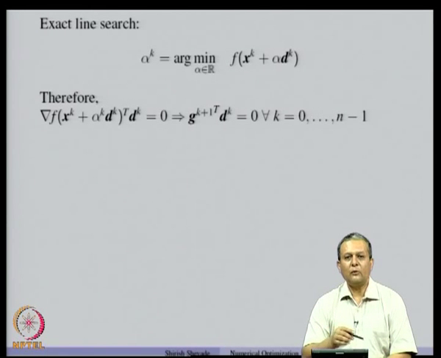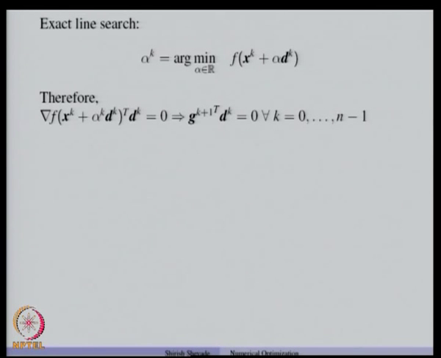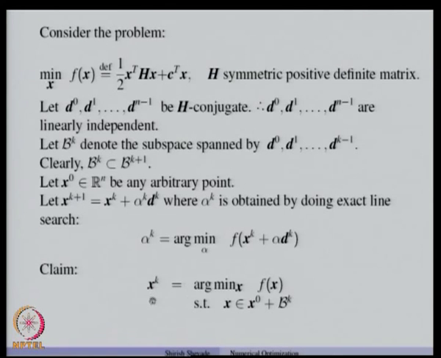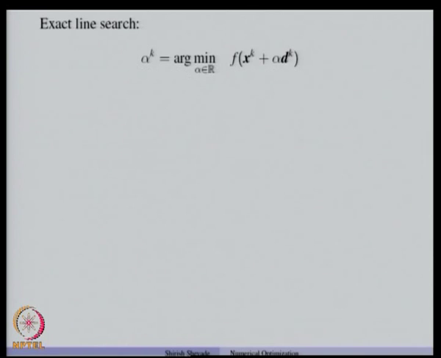This is what we are going to show, and then we show that when we minimize f of x over the subspace, we will get xk, that is obtained by minimizing f of x over this subspace. So, if we do this, we indeed get an xk which minimizes f of x over x belongs to x0 plus pk. We will see that proof in the next class. Thank you.